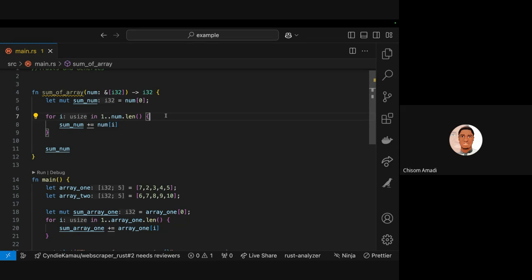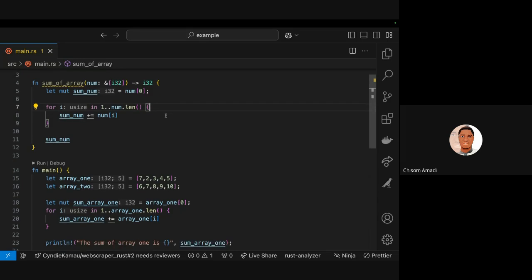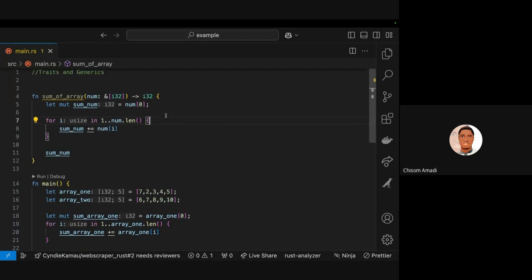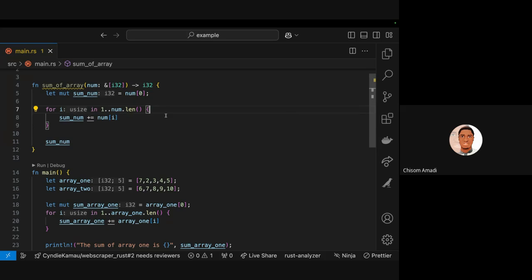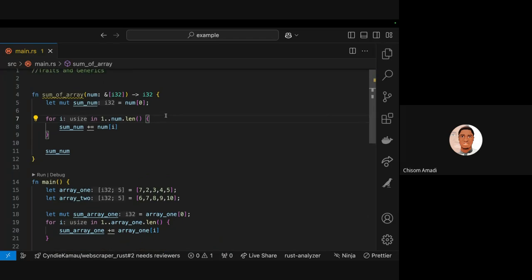Do you follow up to this point? At the point at which the loop is going, it is starting from index 1 and not 0 anymore. That's why they are assigning the first element in the array to be equal to sum here. Look at line 5. So they are skipping that process of starting the looping from 0, because 0 plus the first index will give you the first element in the array. So automatically they're just assigning sum to be the first element in that array, then skipping that, starting their loop from 1. That's why it will still work, because you have assigned the first.